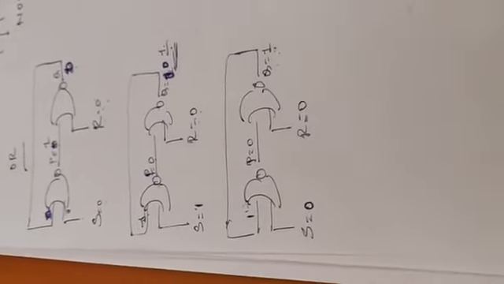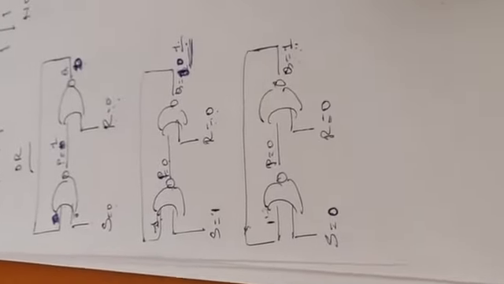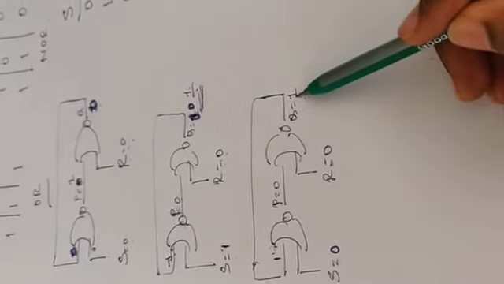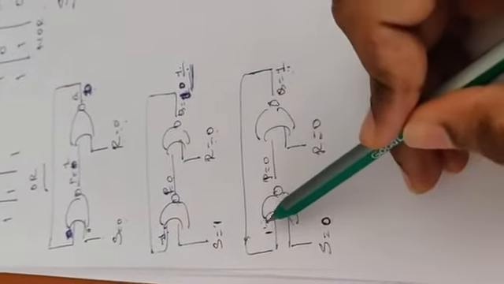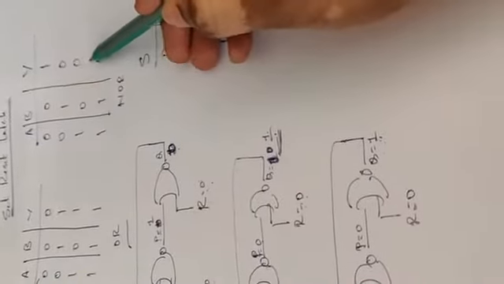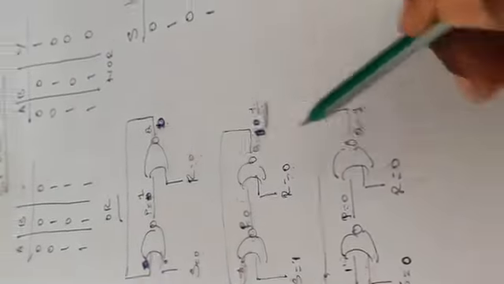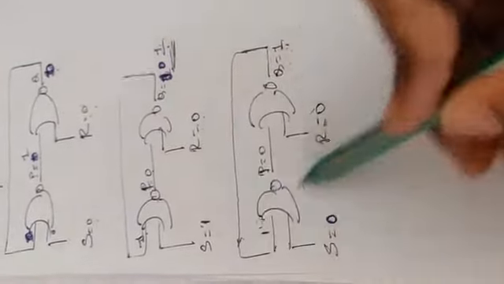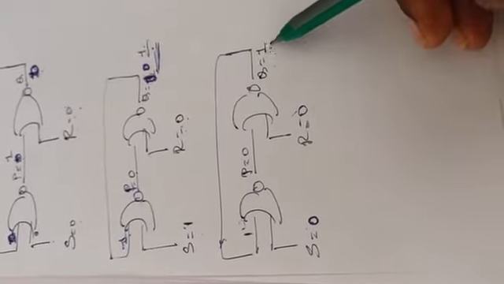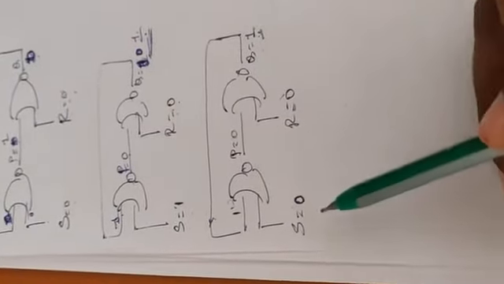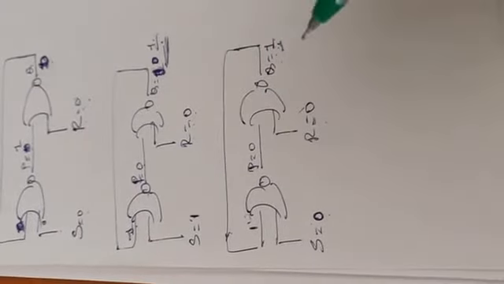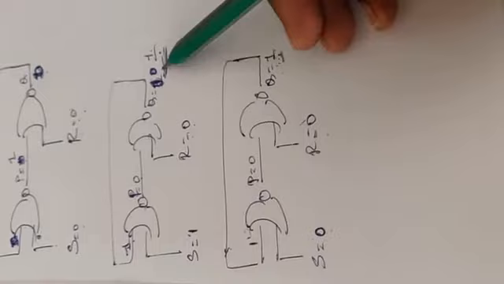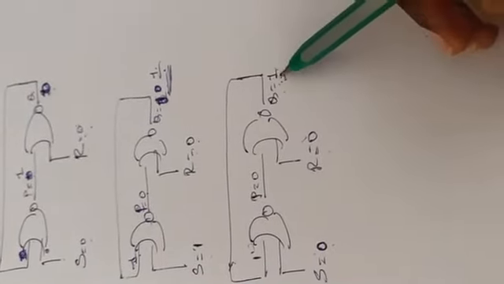So Q has to change from q is equal to 0 to q is equal to 1, and q is equal to 1 to q is equal to 0, but it is never changing. Why? Because q is equal to 1 is passed here, s is equal to 0. 1 and 0 is 0, and 0 and 0 is 1. So whatever transactions you do, it never changes. The thing is, when s is equal to 0 and r is equal to 0, q will retain its previous state. What was its previous state? Its previous state was 1, so it is retaining its previous state.